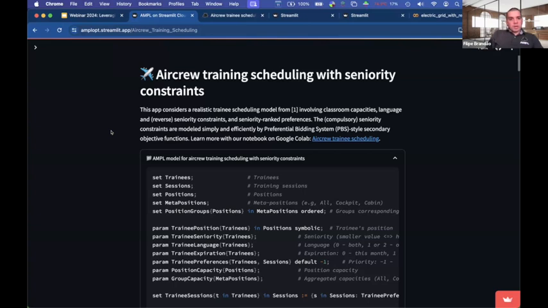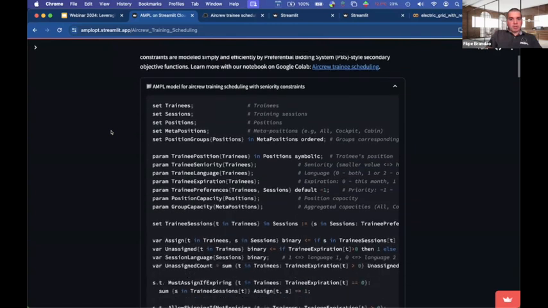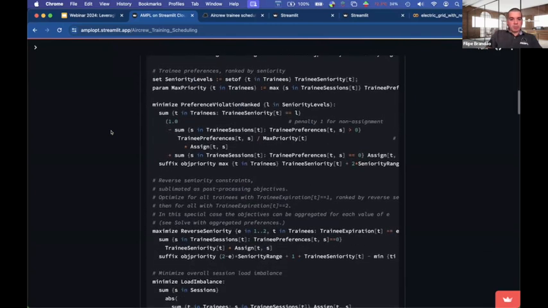For aircrew training, one of the things that plays a role for airlines is the seniority of people. People with higher seniority pick desired slots for training, and they should have priority over people with lower seniority. So this is one of the main things that needs to play a role in these models. It is common to formulate this using dominance rules, but here we model it using hierarchical multi-objectives,